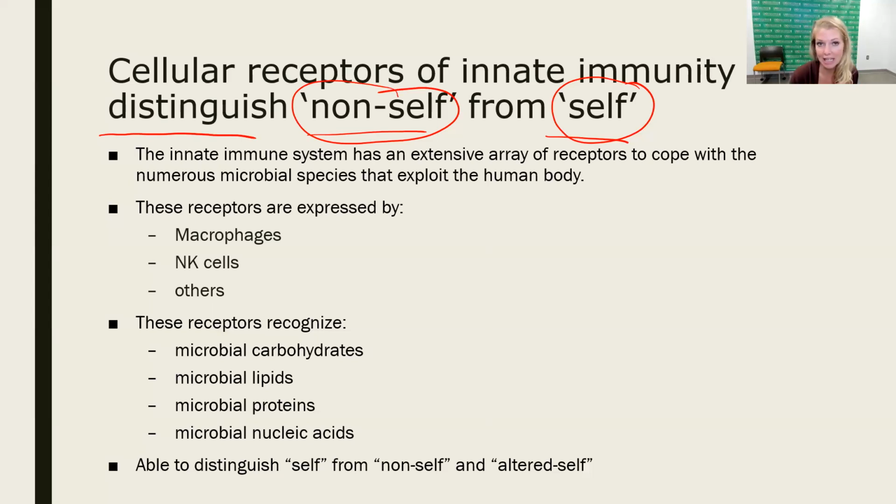Those are NK cells, namely, if we're looking at the innate immune system. There are a few other cells that will be involved, but macrophages and NK cells have the bulk of these receptors that are utilized in the innate immune system. And what they're usually going to recognize are things that are going to be specific to pathogens or specific to non-self or non-human cells. And so it will look for carbohydrates, lipids,